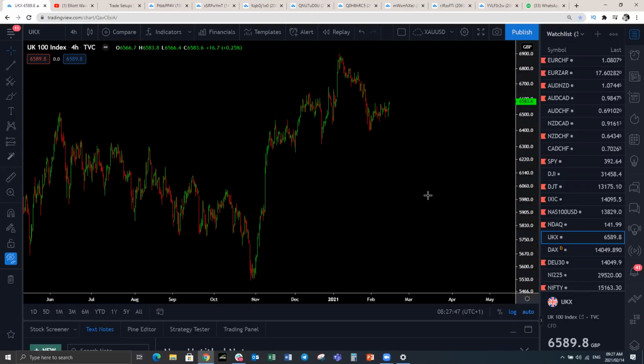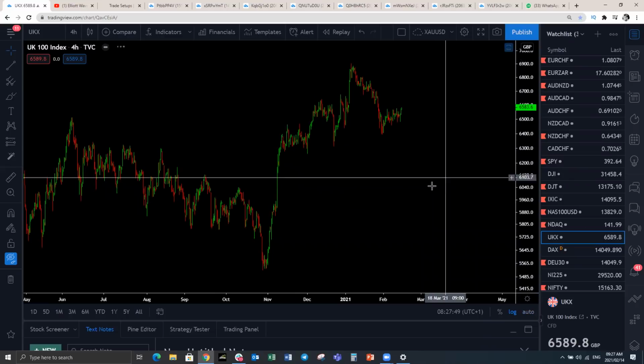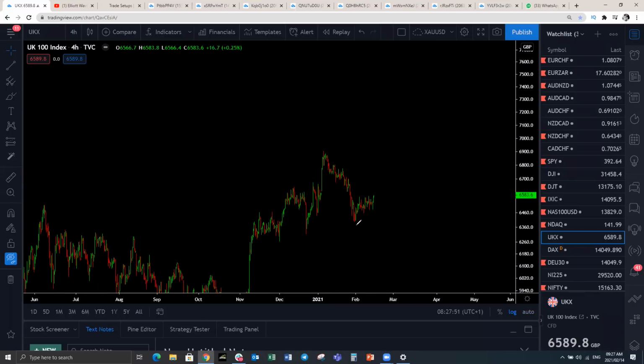So what are we seeing here? On the UK 100, look out for this. We've made a pulsing move up. We're making this corrective structure. We'll be looking for this to make a move to the upside. Whether or not this is going to continue to the upside, we cannot determine right now, but this short move to around these levels should be what plays out in the next week. Whether this is going to be just a three-way pullback and we're going to see continuation to the downside, we'll see when we get to this level.